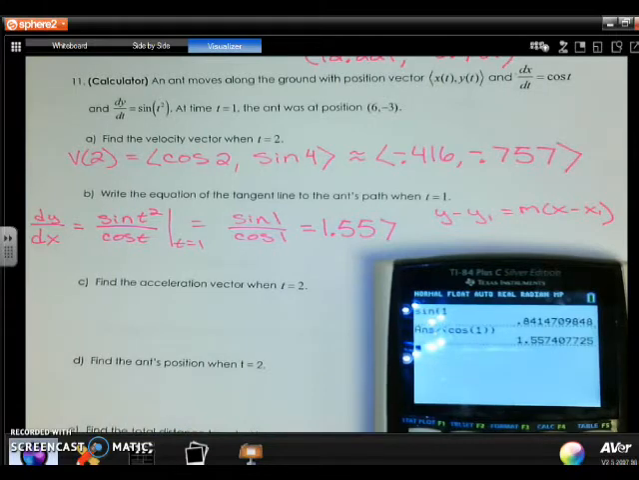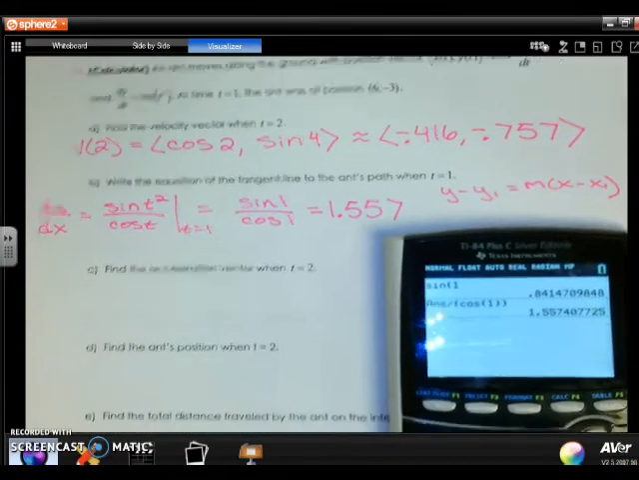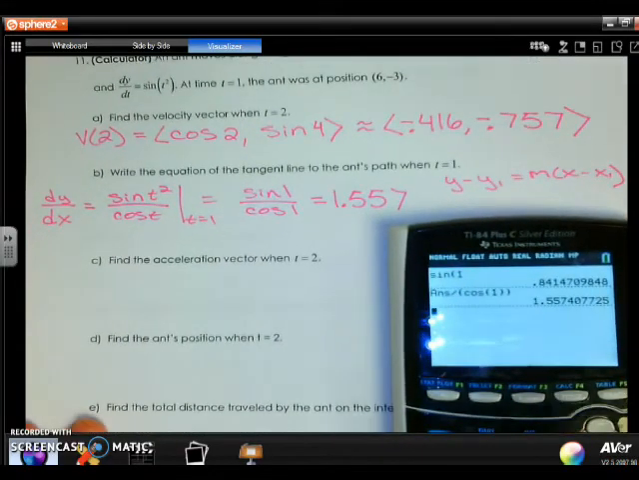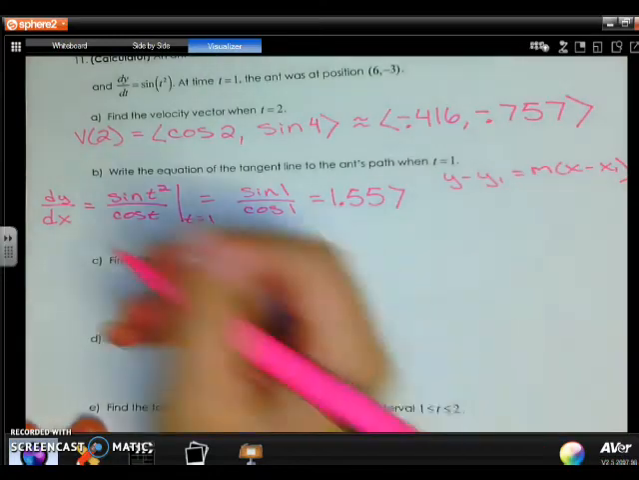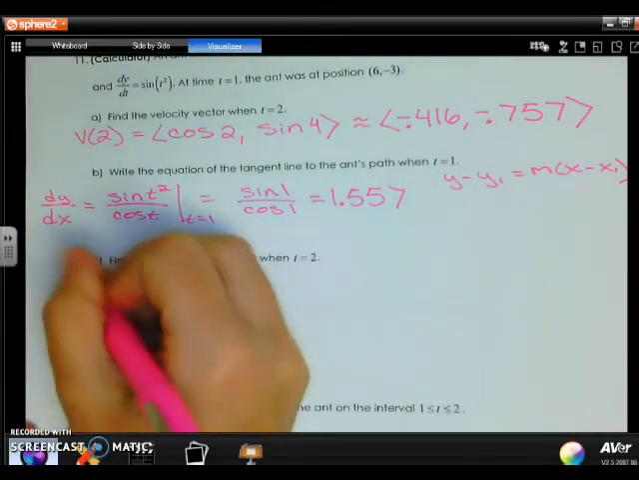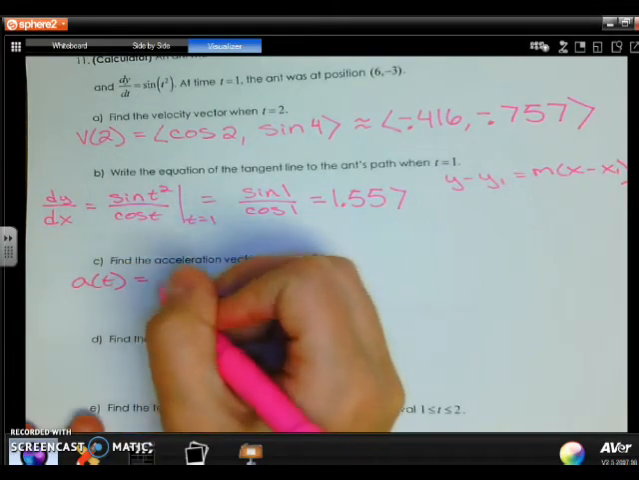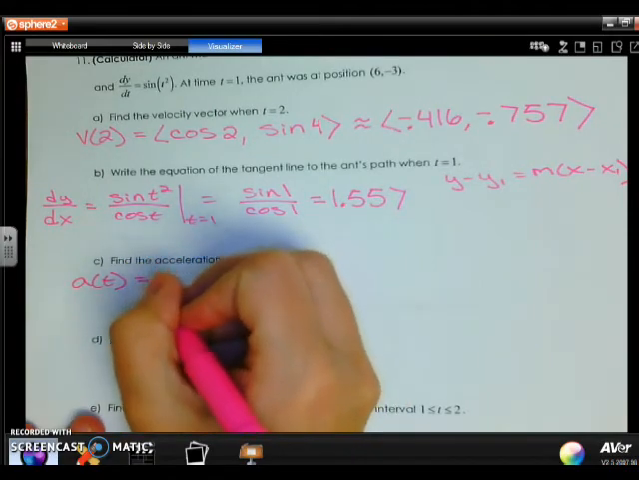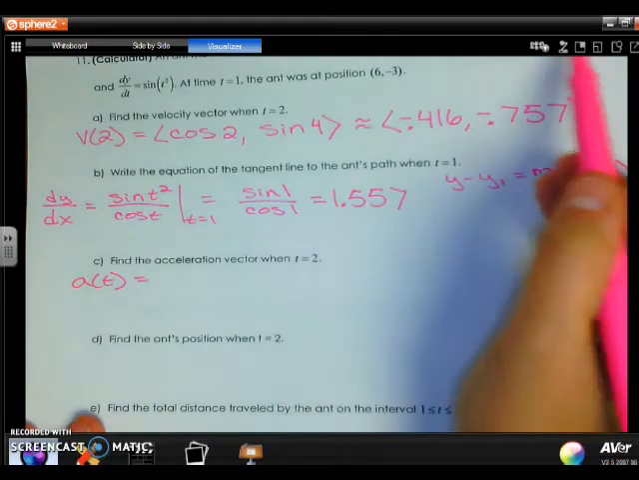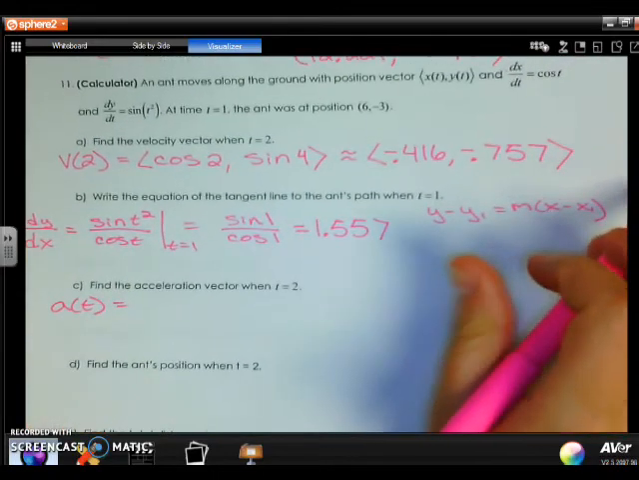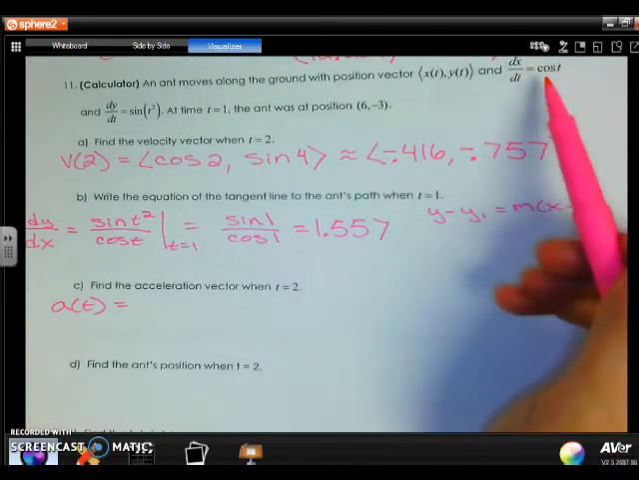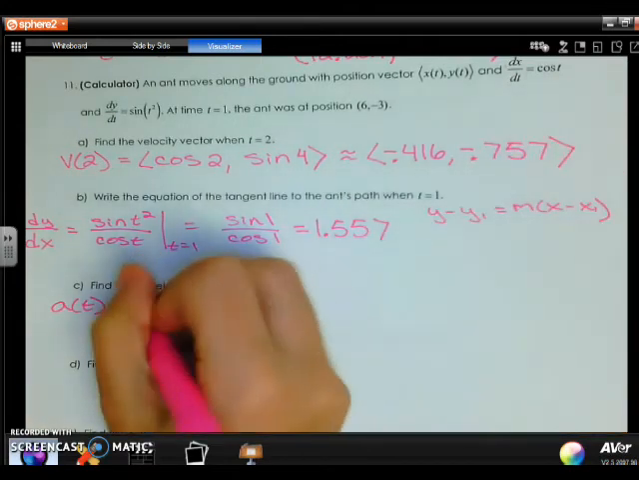Okay. Next comes the acceleration. So you need to know that acceleration is the derivative of velocity. Well, we already have the velocity up in part A. So all you need to do is take the derivative from there. So I'm going to find the acceleration at time t. Remember, the derivative of the velocity, the derivative of cos is negative sine. So it's negative